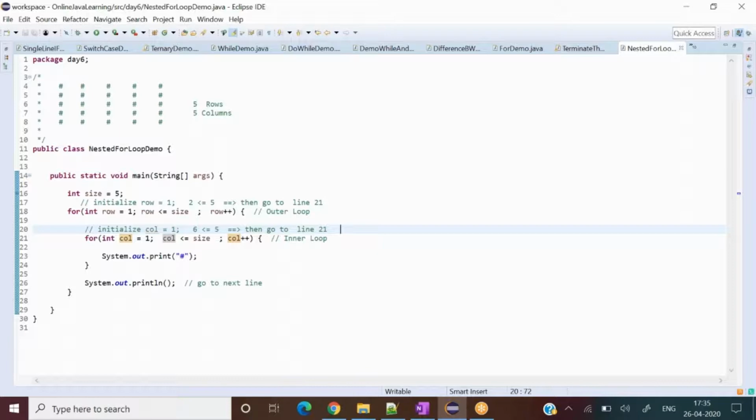That process is going to continue. But column would become 1 now. So row becomes 2, and then when it comes to the inner for loop, again the column will start from 1 itself. Its initialization will happen from 1. So this particular story will keep on going. Once one time the outer loop gets executed, then the inner loop gets executed on and on until its condition becomes false. Then it will go to the outer loop one more time. So it is something like this.